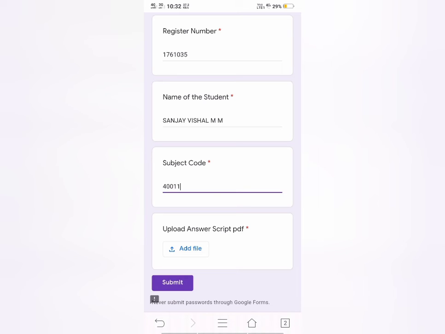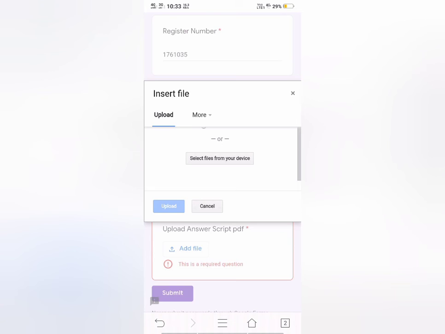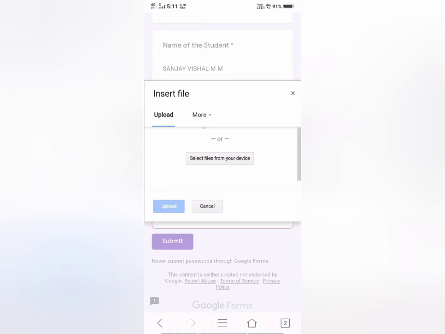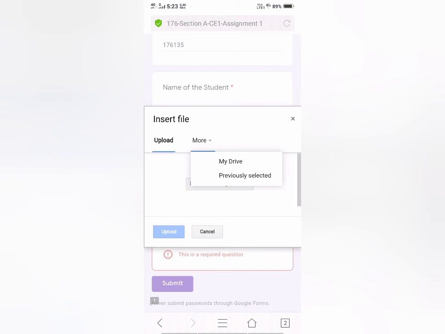After entering all these particulars, you see the final one is uploading your answer script. You have already scanned and saved in your mobile. So click add file. Automatically it will take from your device. It will ask select files from your device. You can also click more.